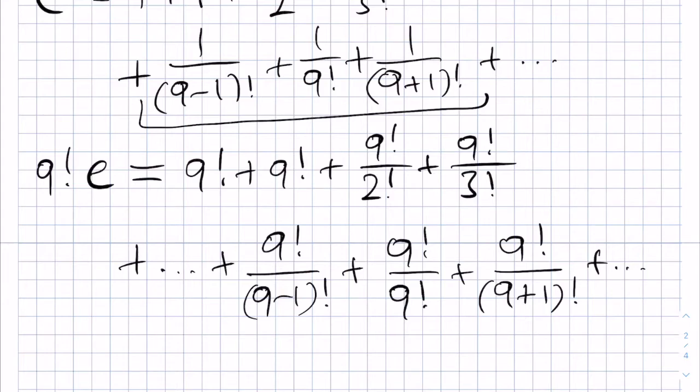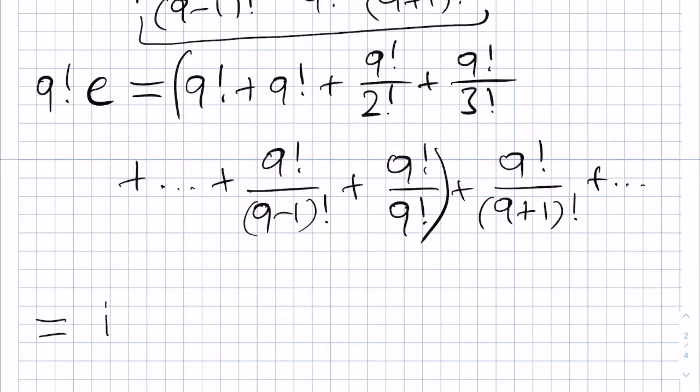The useful thing about doing this is that a lot of these terms are just integers. In particular, q factorial and q factorial are, also q factorial over 2 factorial, because 2 factorial is secretly hidden inside q factorial, and this is the same for the same reason all the way up to this term, and then finally this term, which is 1. And so all of these terms here are just integers. And so this is equal to some integer, we're not sure what, plus